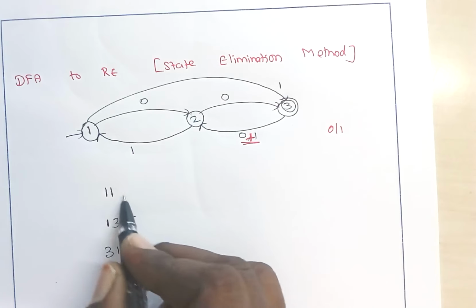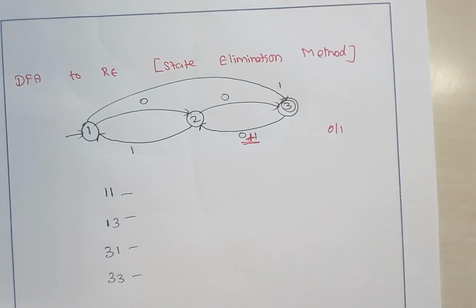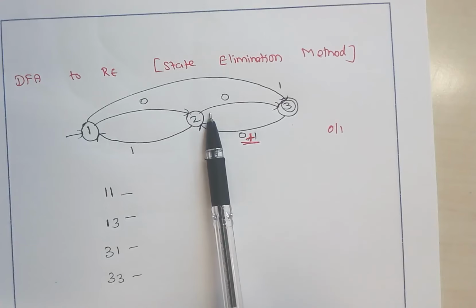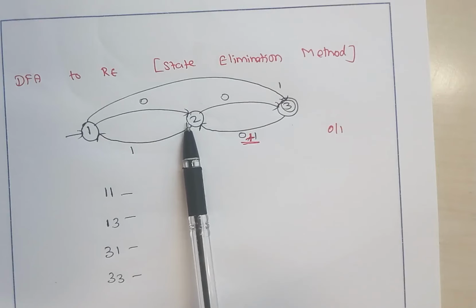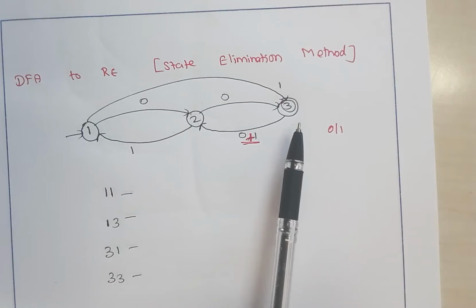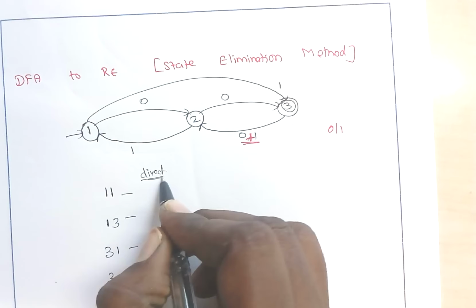So we are going to find the regular expression between these states. What will be the possibility? There are two possibilities. One will be getting a direct edge. If there is a direct transition between these states, we can write that. And the second is, through the state 2 as the intermediate state, you may have a path. So we are going to find two possible paths. Since we are going to eliminate this 2, we are going to find the other possibility too. What are the paths that pass through this 2? We are going to find them and enter them over here. So the first step is writing all the direct paths. Direct paths are just in the diagram.